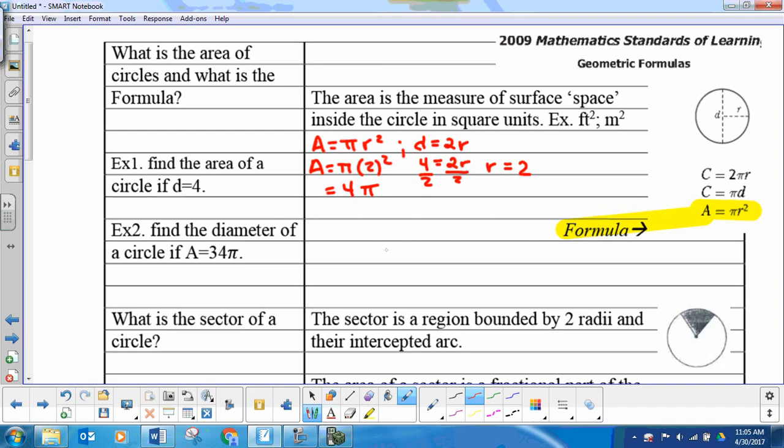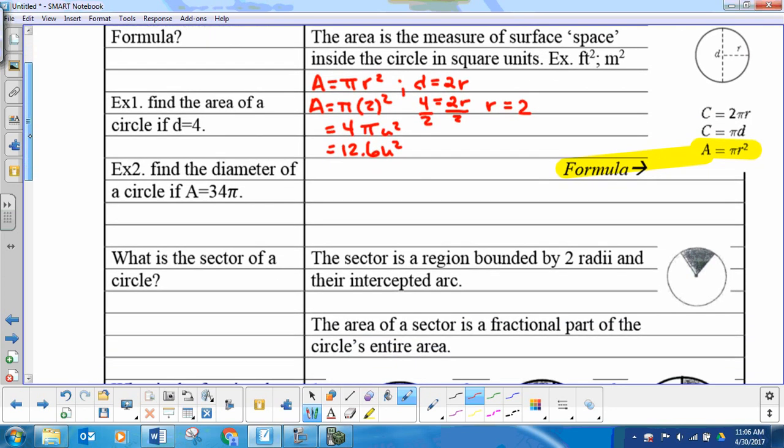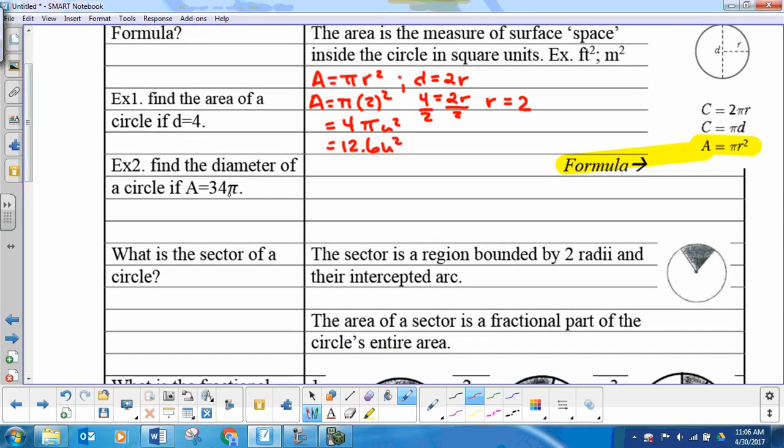And of course, if you do that in the calculator to come up with the actual number, it would end up being 12.6. And we don't have a dimension, so we would just say units squared. Okay. All right, and the second example here, it says find the diameter of a circle if the area is